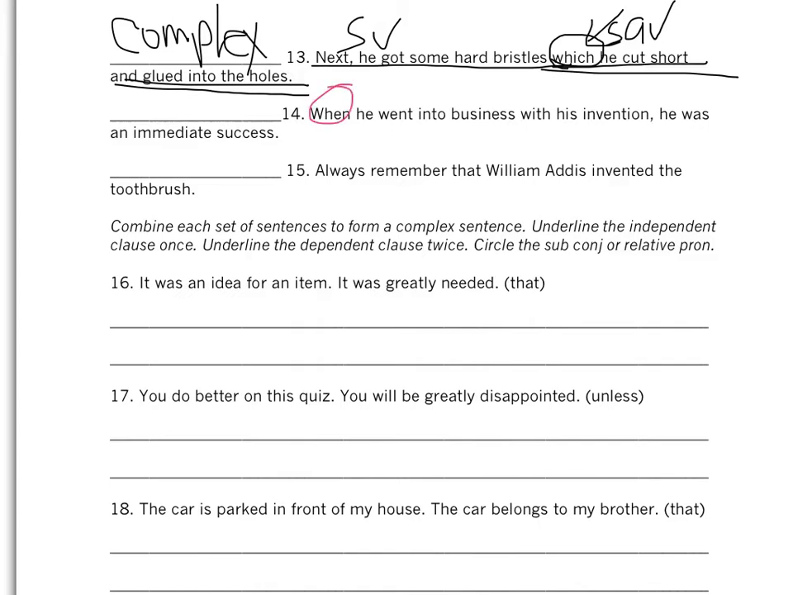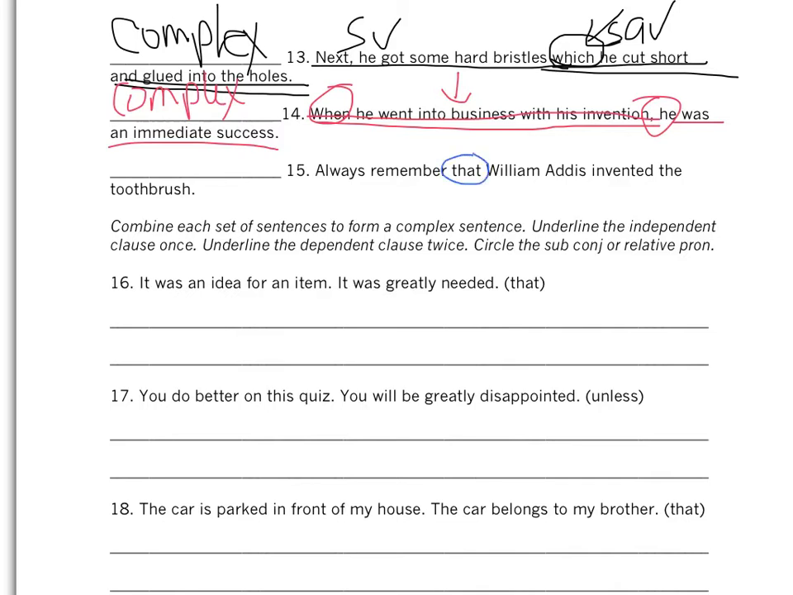Here's another complex sentence. This complex sentence begins with a subordinating conjunction, when. Here's an independent clause, and then this one here was the dependent clause. Since you have a sentence starting with a subordinating conjunction, you may have to make sure you have a comma between the two clauses. So that was complex. And then the last one